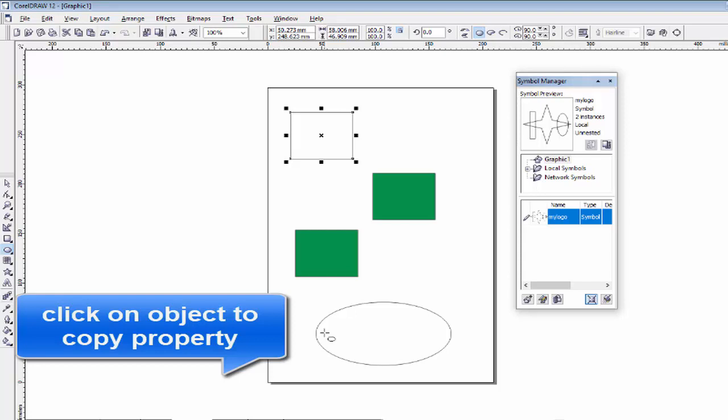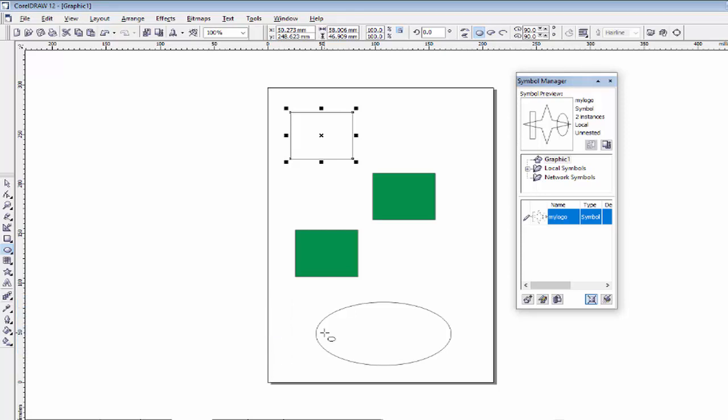You will see that the color of the selected rectangle, the same white color, will be inserted in this circle. Wherever you take that arrow, on that object, the object's color or outline will be applied to the selected object. You got my point? Once again I apply this option.